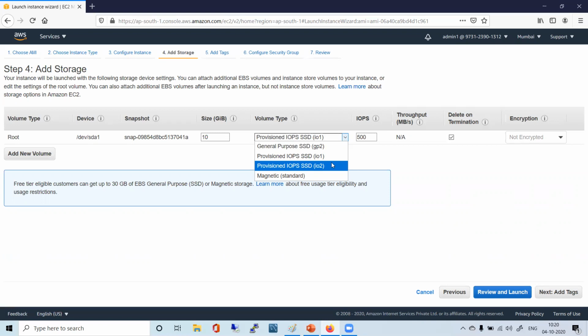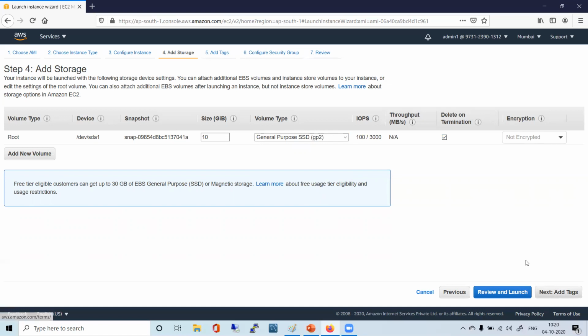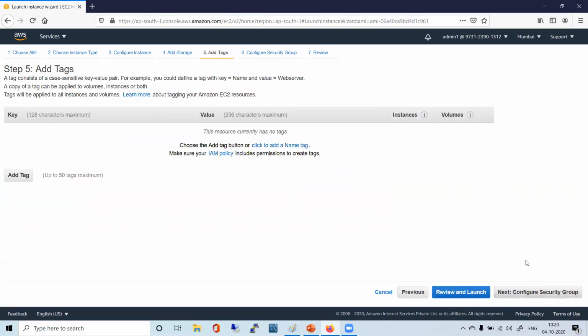Now, if you want higher IOPS, better performance, you can enhance that volume type also, CPU, memory, whatever. You can change it here. You see, I had tick marked, so I got this tick mark by default. If I would have removed that tick mark while creation of AMI, then this would have been removed here by default. So I have a choice. Still, I can make changes here. I can tick it or I can remove that. So whatever, delete automation.